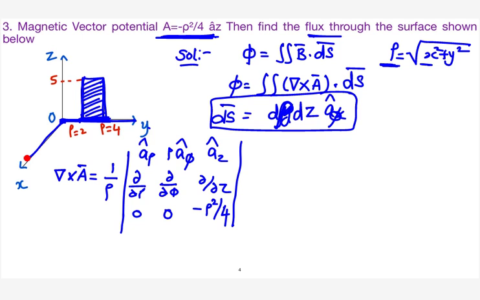Okay, because the magnetic vector potential is given in cylindrical, it is always better to write the equation in terms of cylindrical only. So when you are moving on this surface, your rho is changing and z is changing. So the constant one will be phi. So I can take ds as d rho dz into a phi cap. But it is nothing wrong even if you write dy dz into ax cap also, because it is an exceptional case where your rho will be the same as y here and phi will be the same as x.